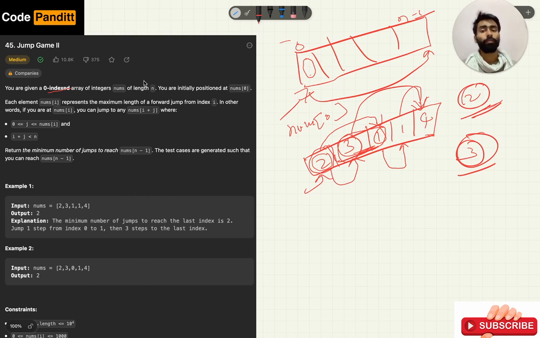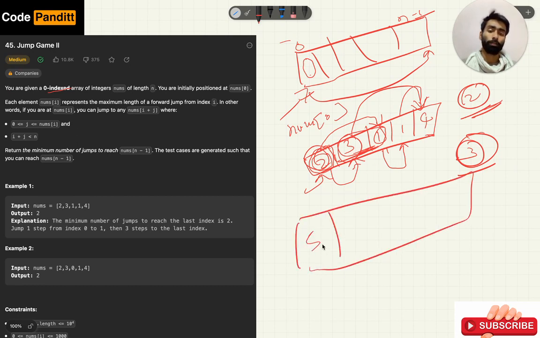We also need to optimize the solution. If we check every variable available from this element, let's say there is a condition here: 5 3 2 4 1 and 0.